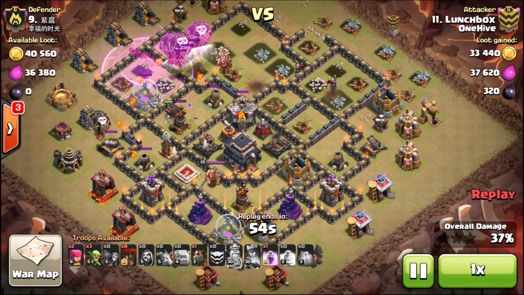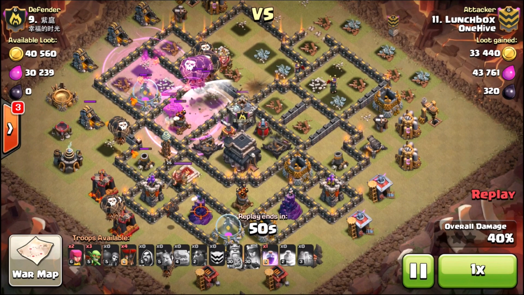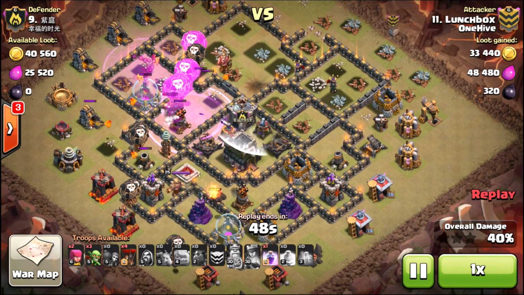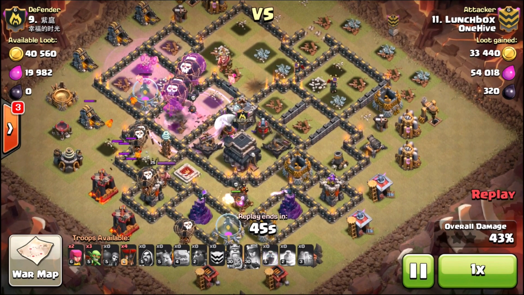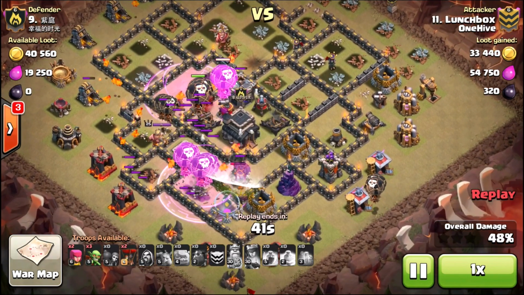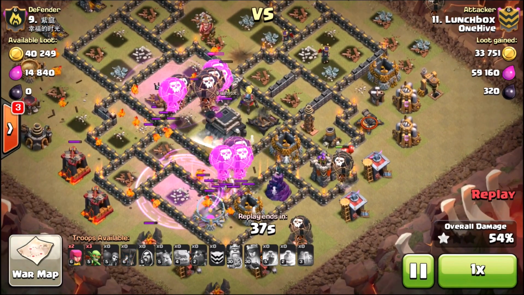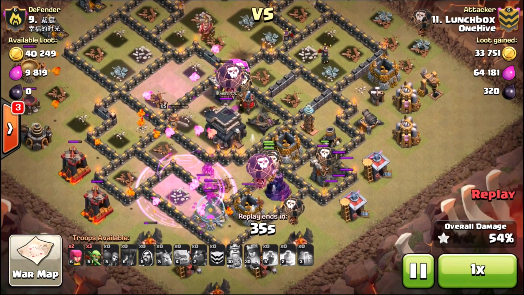Taking out both air defenses, taking out the CC, taking out the queen. What's left of this base is in trouble. He starts dropping his lava hounds down. He had to deal with those air sweepers there, and he just loaded up on the rages there, and just sort of pushed through it, muscled through it a little bit, just working that counterclockwise motion around the base, and you can